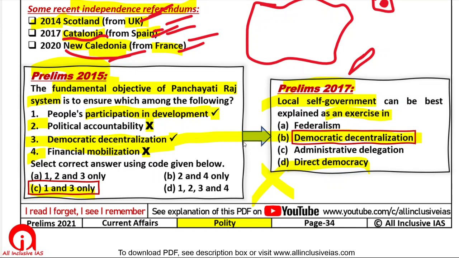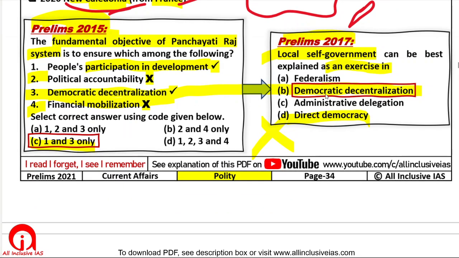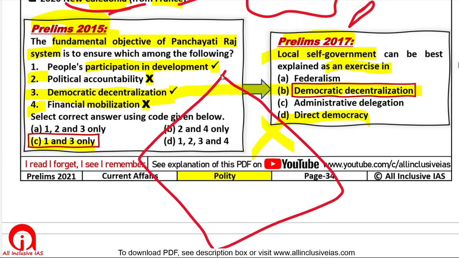Now what is the meaning of this democratic decentralization, and what would be democratic centralization? See, India is a huge country, right? There is a small village. It will have its local issues. There is some village here, some village in the north, some village in the south. These villages have their different local issues, and these local issues change from time to time, right?